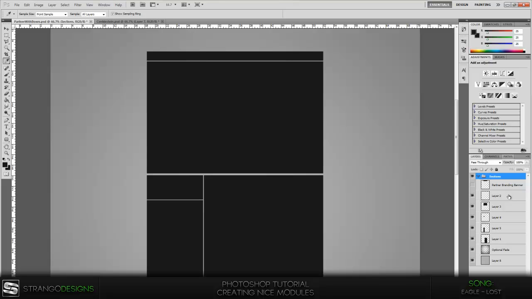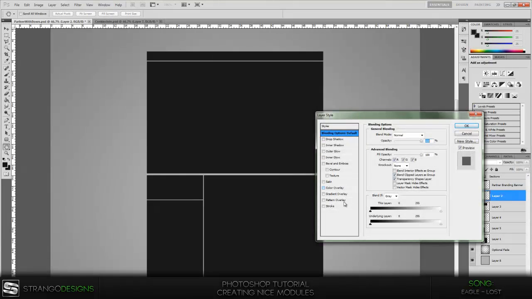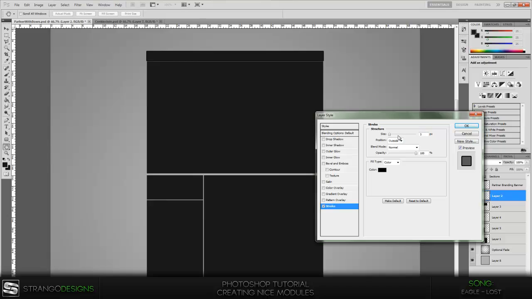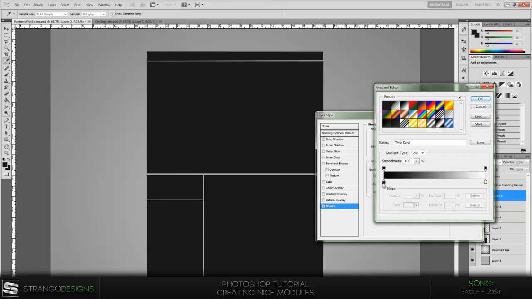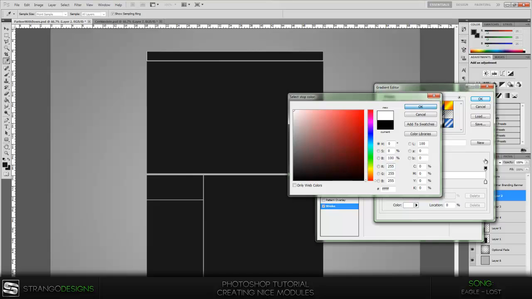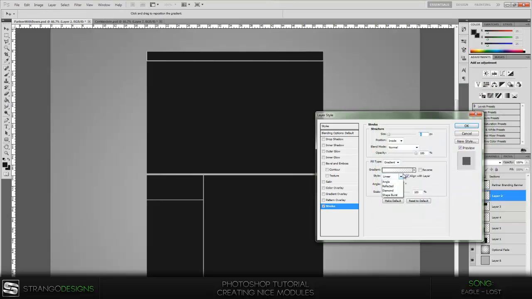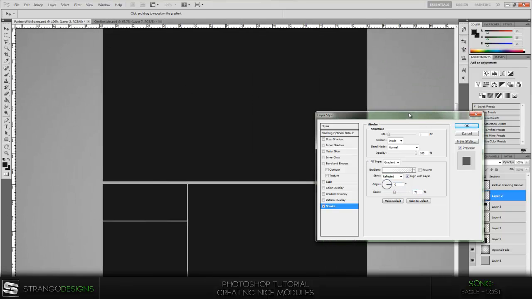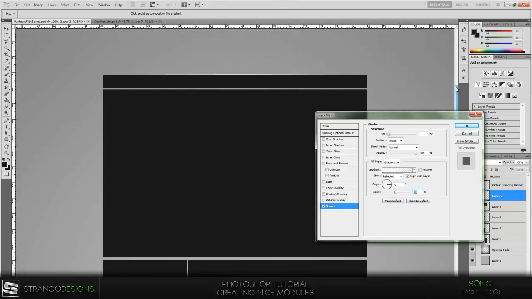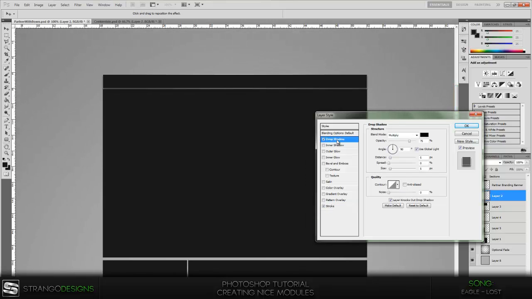So to start off, we're going to work with layer style. You're going to click on your first layer and put a stroke. You're going to want to put the size down to 1, put it inside, and choose gradient. Then go white to white, and change the opacity to 0%. Make sure that it's unreflected and the scale is down to about 72. Also make sure that it's at a 0° angle,